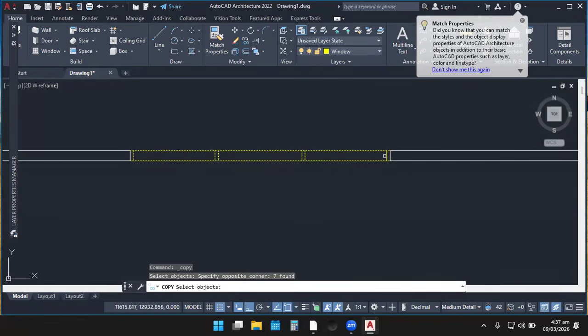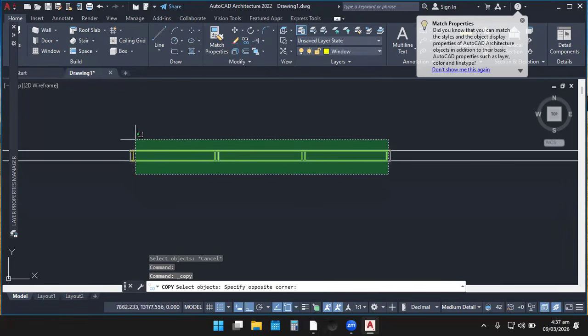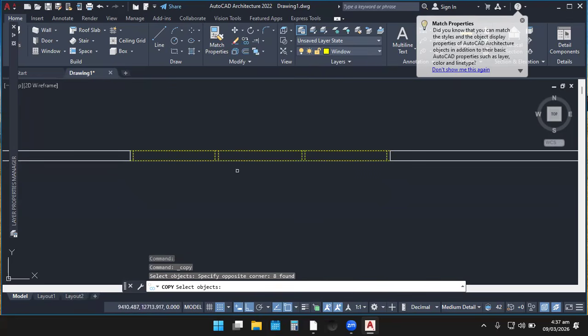The ones that are not highlighted, you can click on them to highlight them all. Then I can now copy it. Let's select it one last more time again, as we were saying. You see that I'm done selecting. So what do I do? I just press enter on the keyboard.